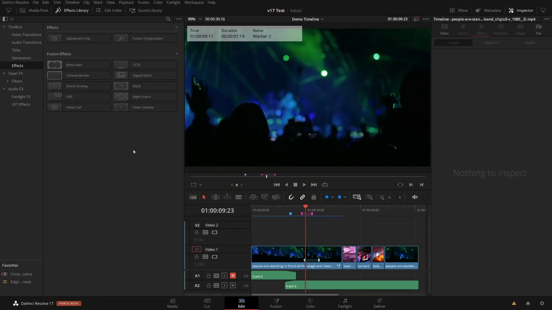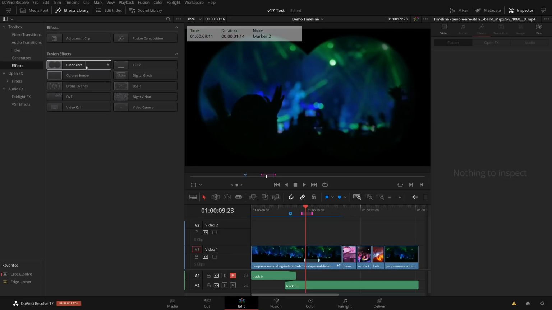So there's now an effects category. You could do Fusion effects previously, but you kind of had to throw them in the titles folder because there wasn't a custom folder for this. You still cannot customize these folders in the edit page. I already tried, but you're kind of stuck with those on the edit page. In Fusion you can create your own template folders, but here it seems to be limited for whatever reason, but you have now effects which you can directly apply on a clip.